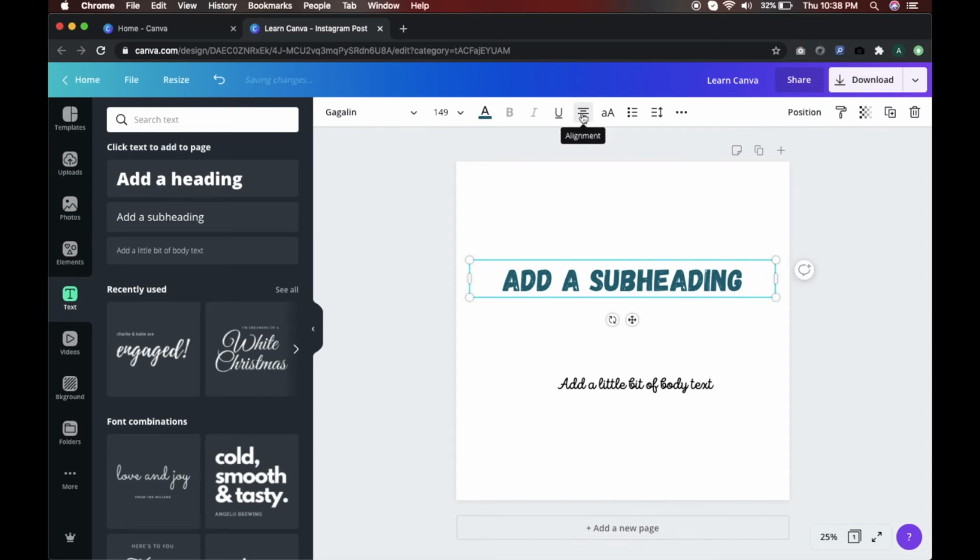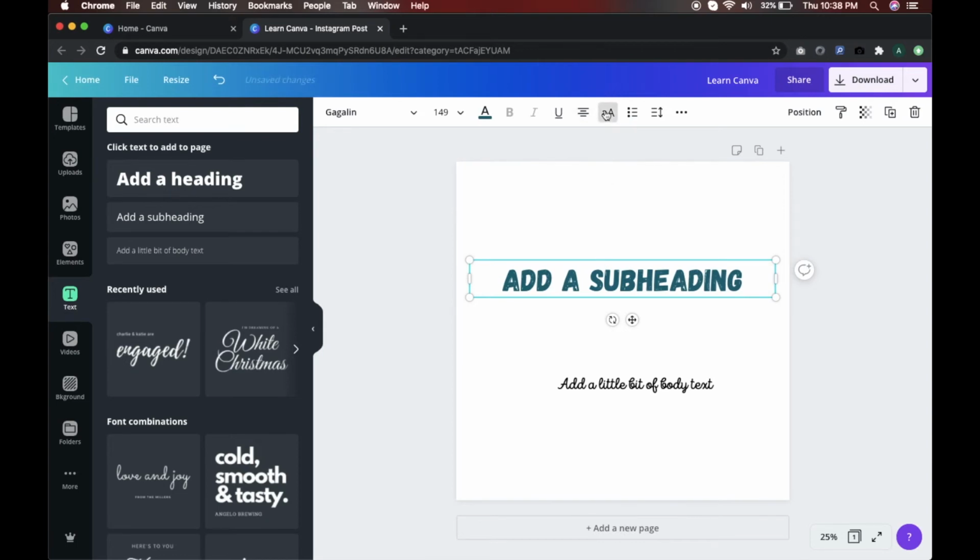So you have 4 types of alignment. The text is currently center aligned to the box. Making a click makes it go to the left. Another click over the same option makes it justify. So if your paras are longer, they will get justified from both the corners. Another click will make the text go to the right, and another click will make it again go to the center. Next, we have the uppercase and lowercase functionality.